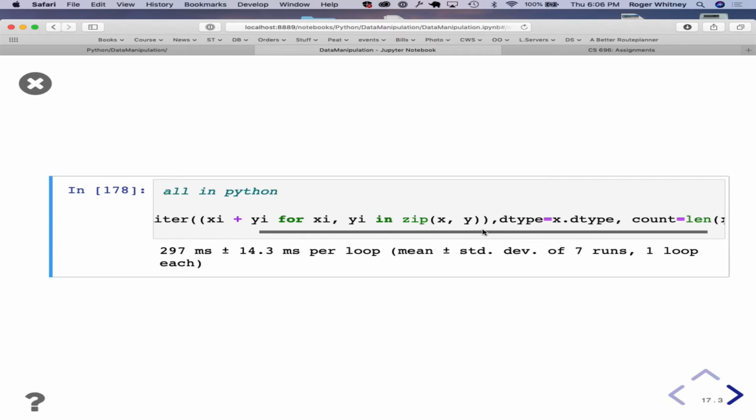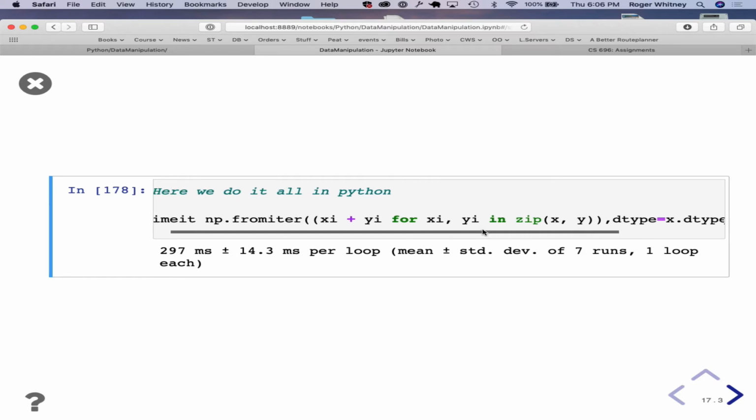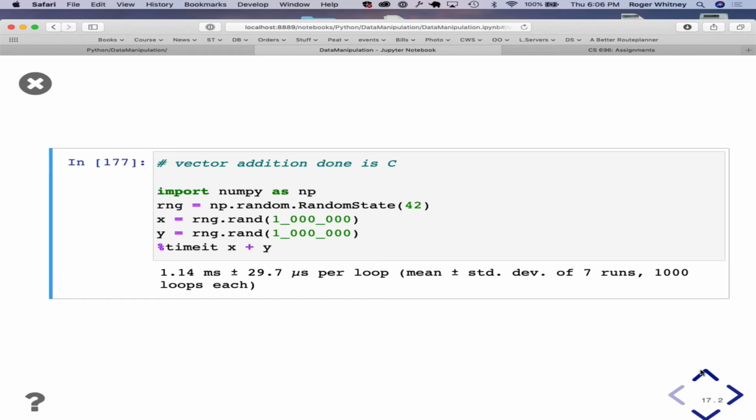So here's a crazy one. I'm combining the 2, and then I'm going through them as pairs, and then I'm looking at each value, and then I'm adding them together, and then combining that back again, and it was 297 milliseconds as opposed to 1.